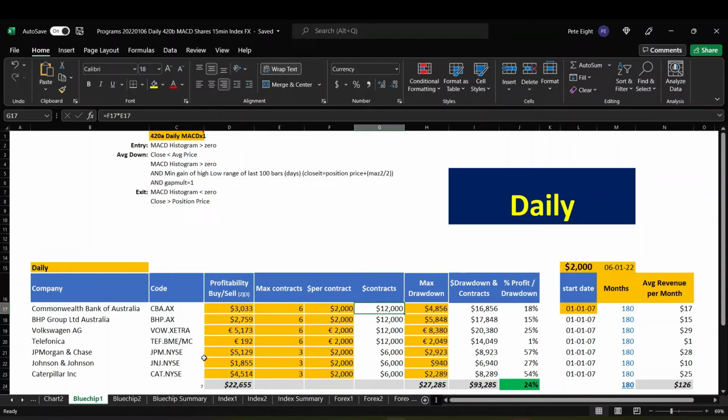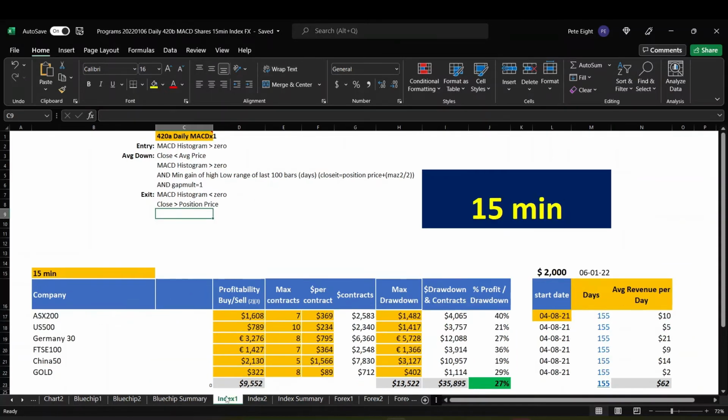I ran the same program for the indices. Now I did this one on the 15-minute time frame, so a lot shorter. The charts start on the 4th of August 21, so it only goes for 155 days. So this calculates per daily revenue. So again, you can see for the ASX 200, it generated 1608. 7 contracts max, and that shows you the number of